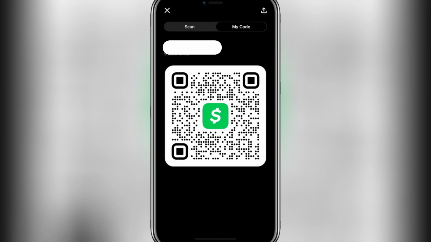Once the code appears on your screen, simply take a screenshot of it or save the image to your phone. After that, you can add the QR code image to your flyer design using any editing app or print it directly onto your flyer. This makes it easy for customers, clients, or friends to pay you through Cash App by simply scanning the code